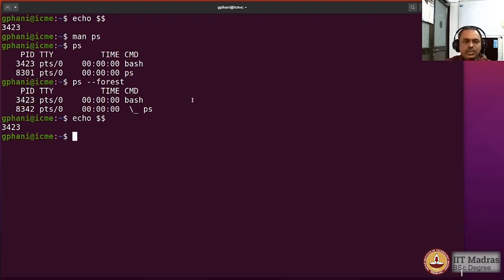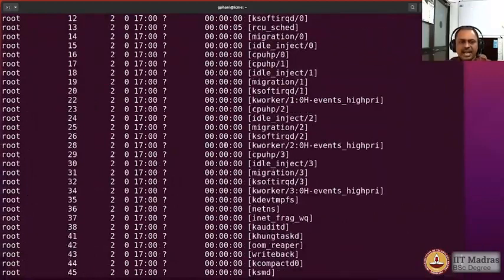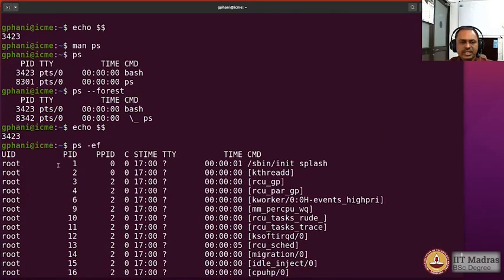Now that brings us to the discussion about the ps command. You can actually see all the processes running in the operating system right now by using ps with options like -ef, and you would see that a whole bunch of processes are running. If you scroll up, you would see that the very first PID is assigned to a command which is basically init. So that is the very first process that was running. And if you see the PPID header, that is the parent process ID.